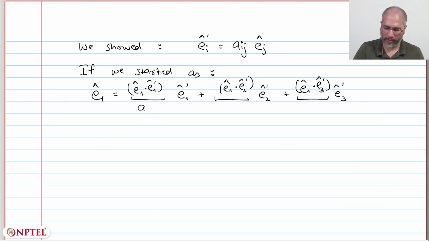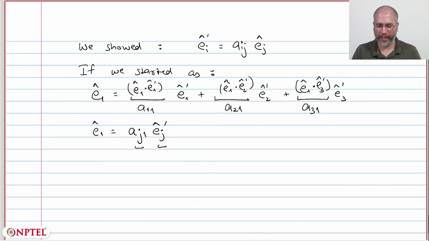So this simply becomes A11. This actually is A21, because remember the first index of A is the primed coordinate system, and this is A31. If I write it more generally, e_1 hat is equal to A_j1 times e_j prime. So this is the repeated index, and the second index of the A on the right hand side is actually the index of the e on the left hand side. So I can make it more general and write e_i hat as A_ji